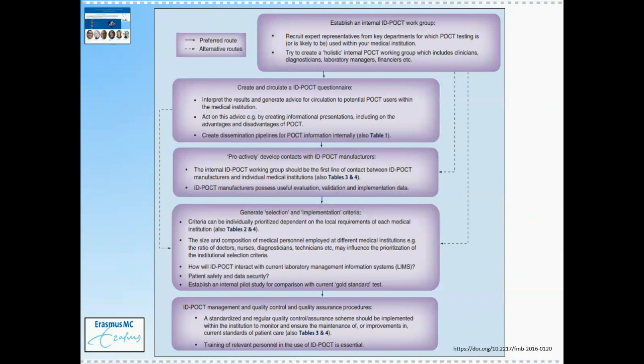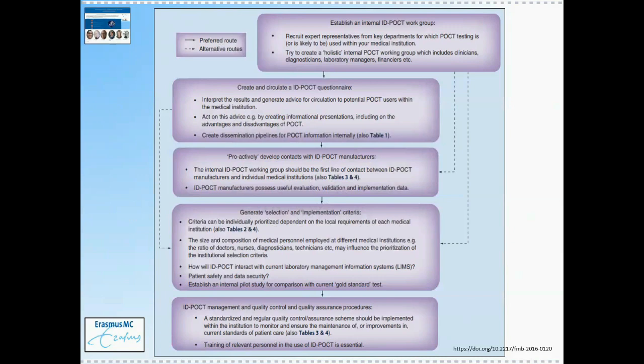And then, of course, the board, as it were, the ID-POCT working group or POCT working group, has to generate particular selection and implementation criteria dependent on, for example, the size and composition of the medical personnel employed, the ratio of the different doctors, nurses, diagnosticians, how ID-POCT will interact with current laboratory management information systems, patient safety and data security, etc. And also, it's very important, and I will talk a little bit later about, ID-POCT management and quality control.